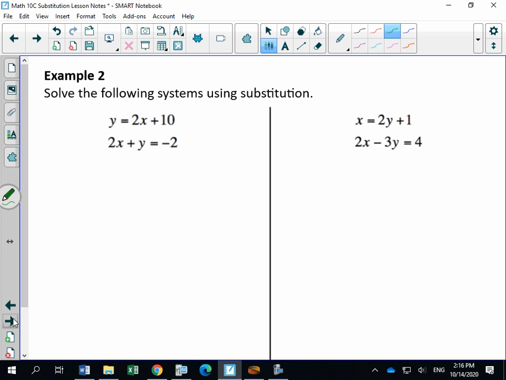Let's look at this class example. First system, they've nicely got y for me. Okay, so that's what y is equal to. So what I'm going to do is I'm going to box that in. Where could I substitute that box into the second system? So into the second system, here's where y is. And I'm going to simply take out that y, and I'm going to substitute in what y was solved, which is y is 2x plus 10. So now I'm working in the second system, and what I'm going to have is 2x plus. This y comes out, and this goes in,